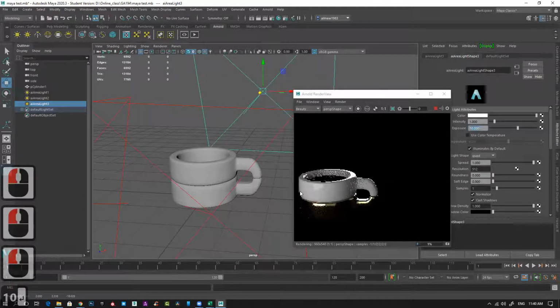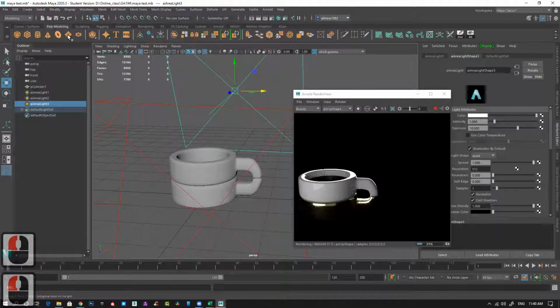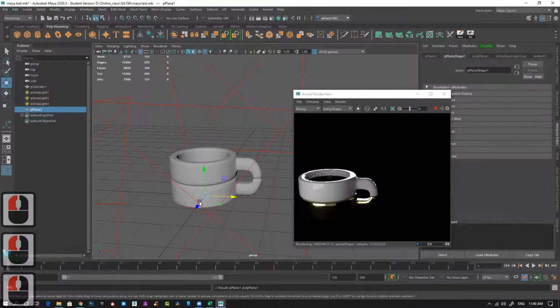And we don't have a base, so I'll create a plane.